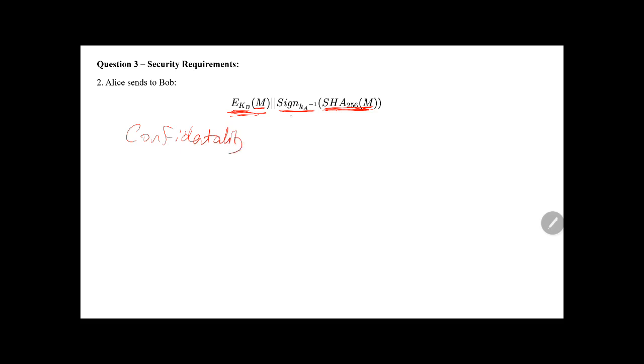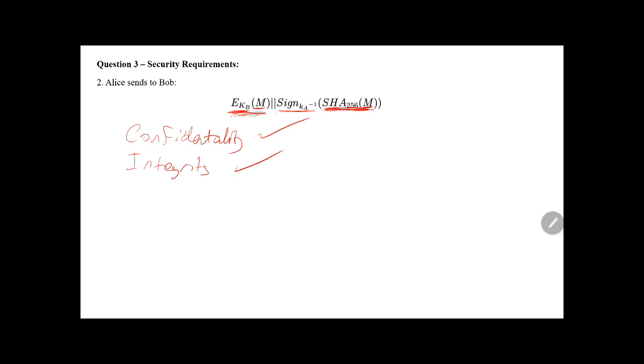The second part, which is the digital signature of the hash, actually satisfies integrity due to the presence of the hash of the message. So after we satisfy confidentiality, we also satisfy integrity,